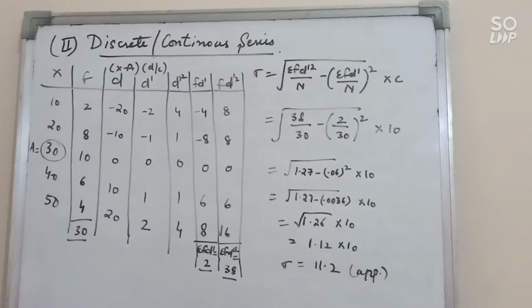Okay. Now I have taken one example. X and frequency is given. So this is a question under discrete series, and if you have a continuous series, then x means mid value. Clear? Rest all the steps remain the same in the continuous series. So let's see, x and frequency is given. First of all, we need to find out deviation d, and the formula of d is x minus a. So x we have, a means assumed mean. So I have taken 30 as assumed mean. You can take any value as assumed mean.